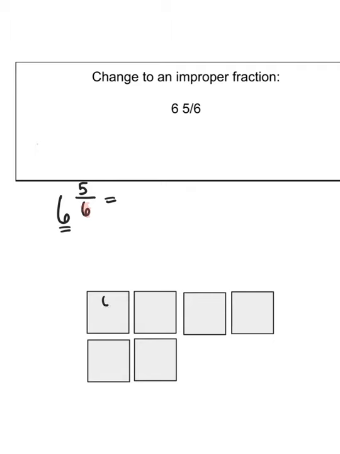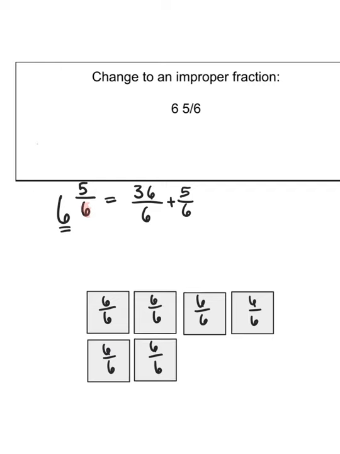So if each one of these represents 6/6, or 1 whole, how many sixths is equivalent to 6 wholes? That's going to be 6, 12, 18, 24, 30, and 36. So I have 36 sixths plus 5 sixths. So that's my last